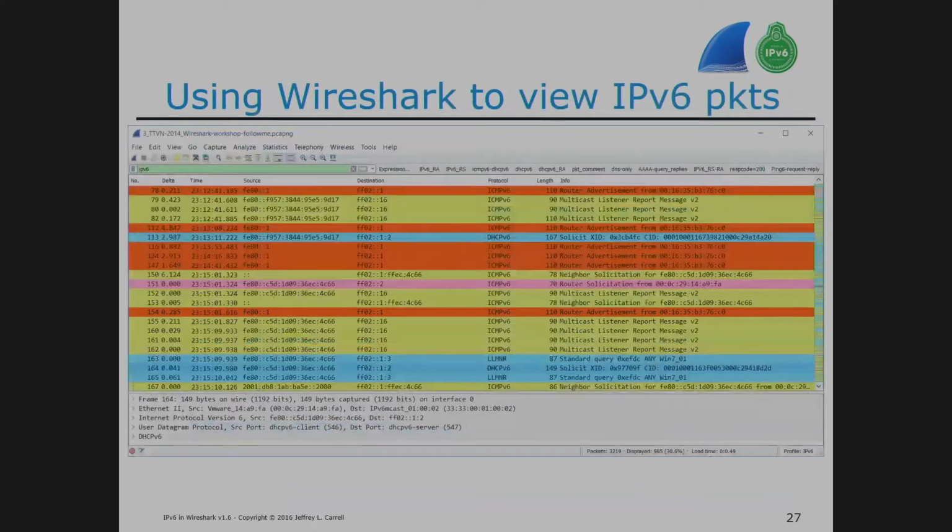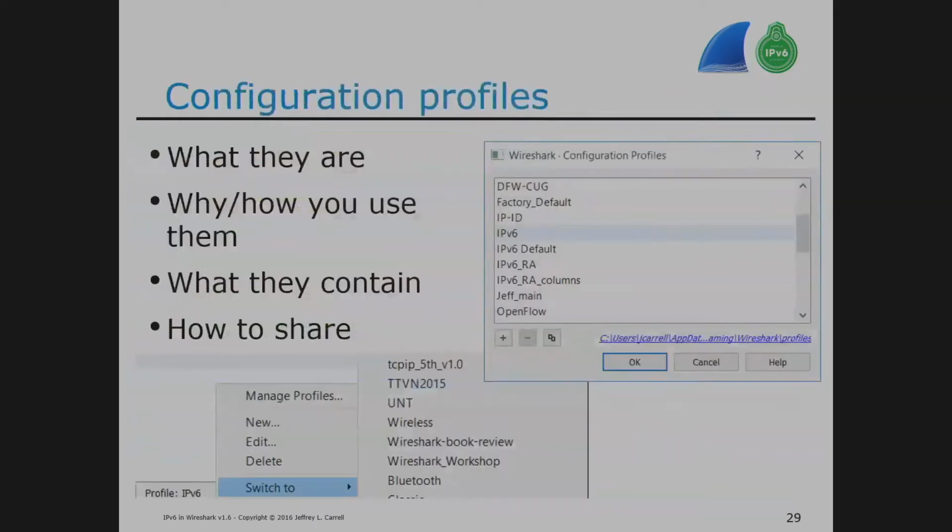And then remember that, and I'll back up to that here in a second. Where is my columns? Configuration profiles. I talked about this last time. I talk about it all the time. We talked about it tonight. You can have different configuration profiles which have different display filters, different coloring rules, and a few other options as well. So again, I can tune my eyeballs quickly. I need to look at some V6 traffic. I got my favorites, all my V6 favorites under a configuration profile. Oh, I need to look at some router advertisement details. I've got another one just for that.